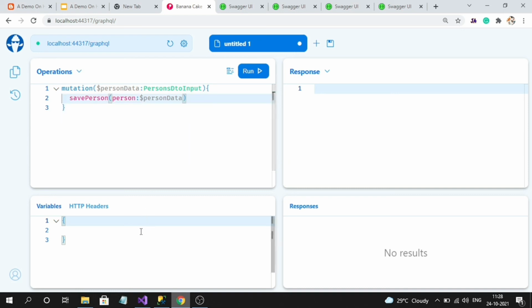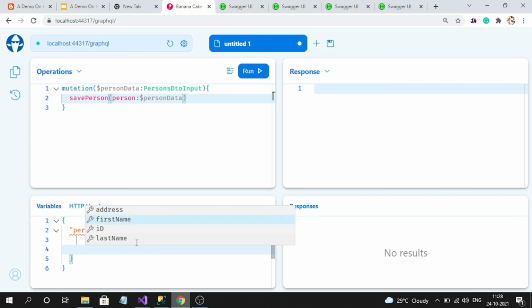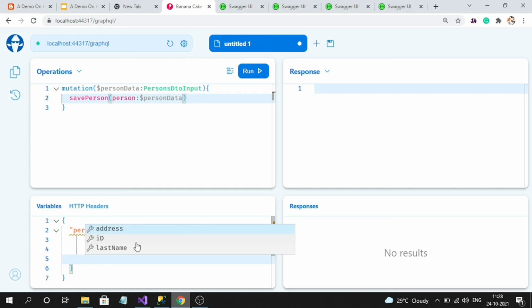Now the thing is we need to specify the object here. So all the properties: I can specify age and first name, and last name.